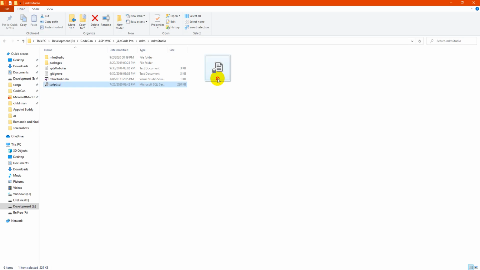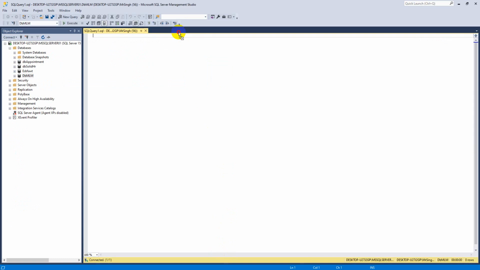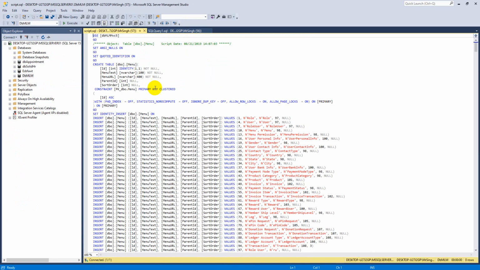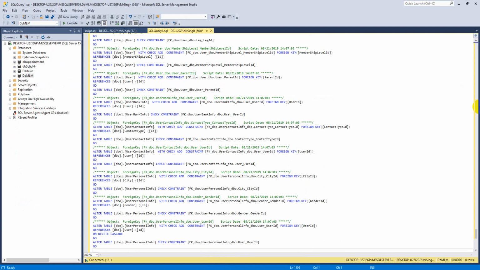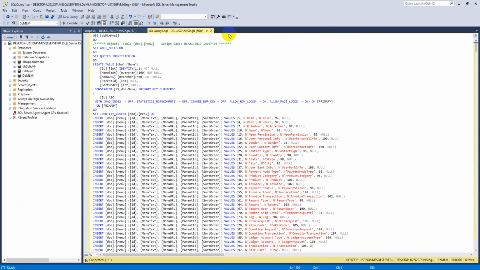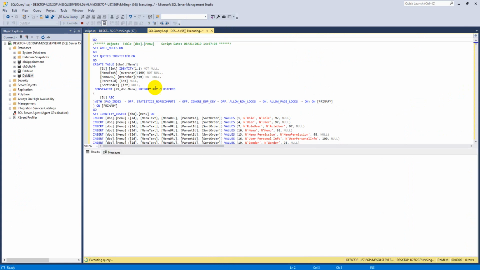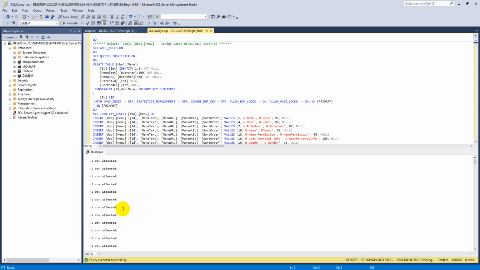All this script is coming. Copy and paste this script on this side, move up and remove this line. After that, just execute this. Our database is created and all dummy data is created.